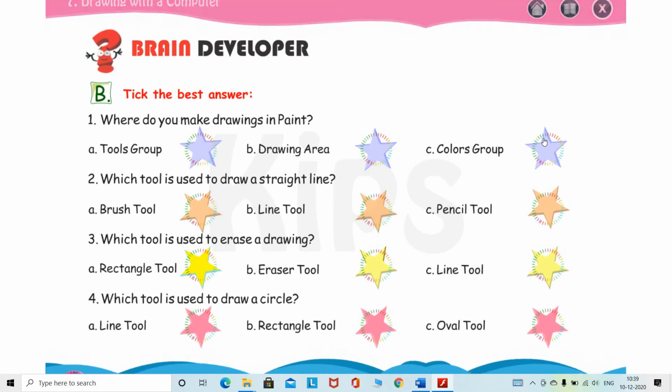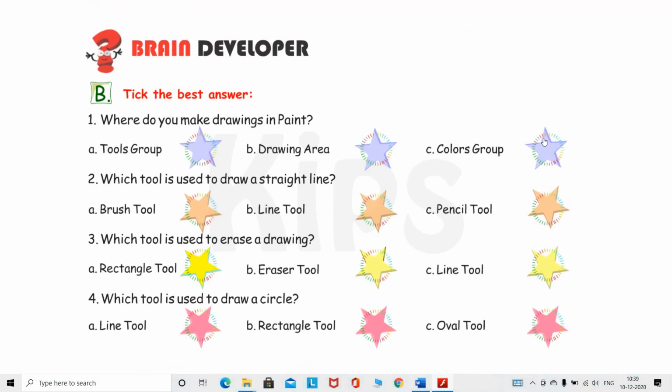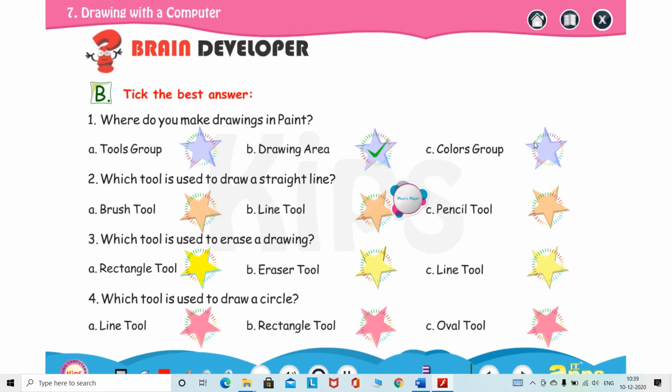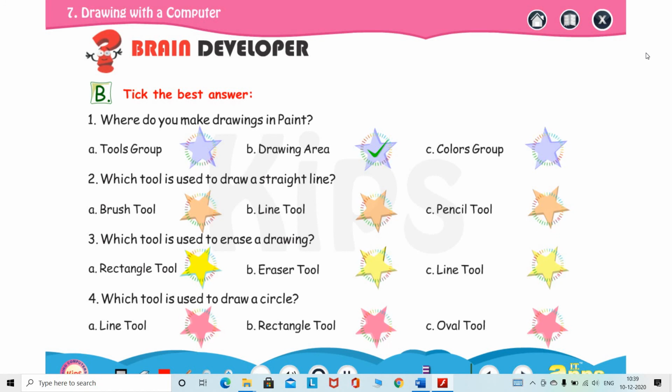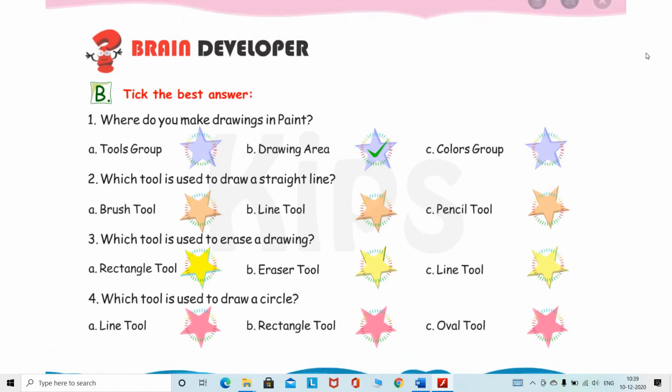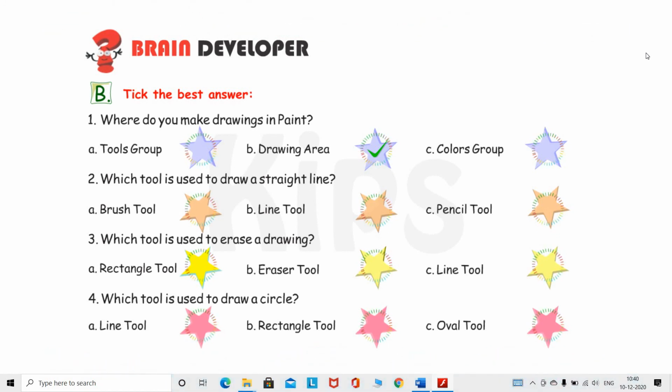Next question, choose the best answer. First one, where do we make a drawing in Paint? With the help of the drawing area, the white sheet, we draw a picture. Next question, which tool is used to draw a straight line?